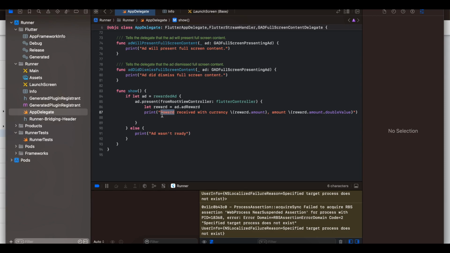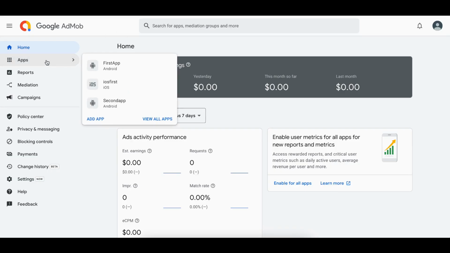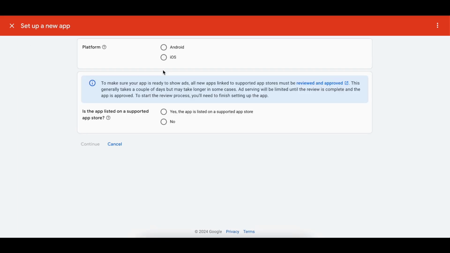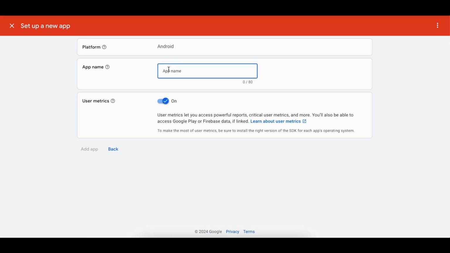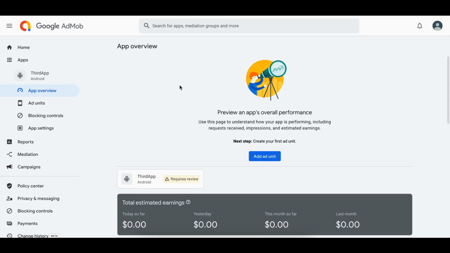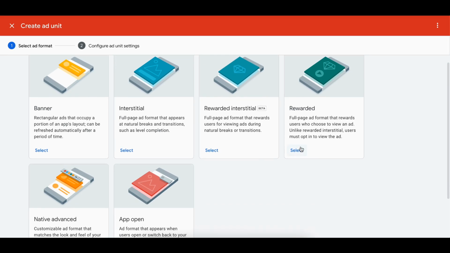Now let me show you how to create production IDs. For production ad units, you can just go to Google AdMob, create an app. So just click on add app. I don't have an app deployed on the Play Store, so select Android. I don't have the app on Play Store yet, so I'll just click on no, click continue. I'll give some name called third app I guess, and I'll just click on add app, then click on done. And over here you can just select add unit, and here you can just select rewarded,